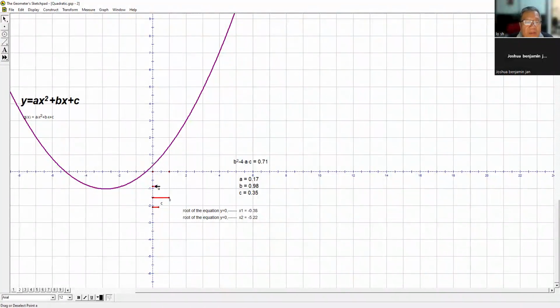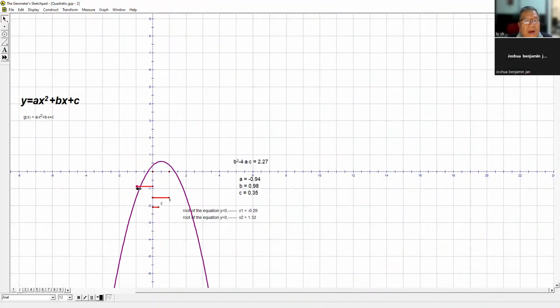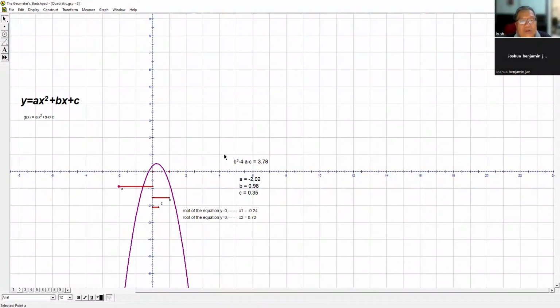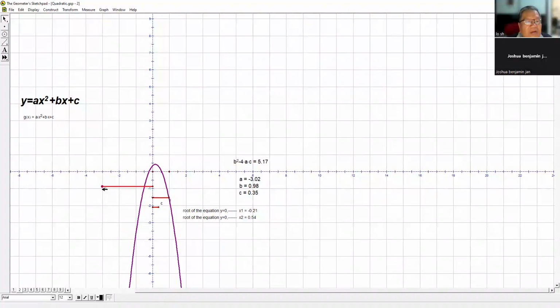How about the value of a becoming -1? With the value of -1, the curve becomes inverted, like an N shape. If it's positive, then it is the U shape. Okay, so let's say I make it more negative, -2. So it is still inverted, but it becomes narrower. Let's say I make it -3. Right? -3 is inverted and becomes narrower. So as I decrease the value of a,